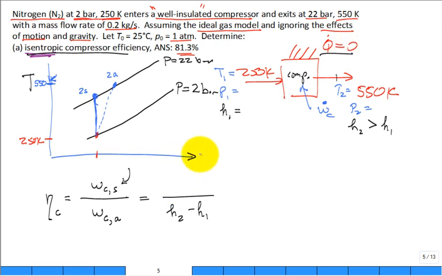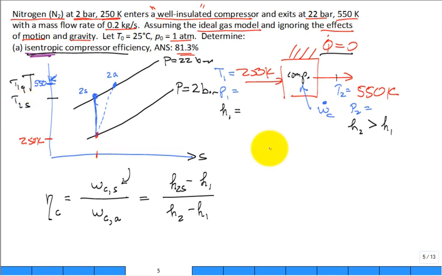Let's put this S over here. This is going to be H what minus H what? 2S. H2S. So what do you mean by H2S? Well, can you tell that this is the temperature 2 actual, this is the temperature 2 isentropic? Which one's lower? The 2S. It's a lower temperature, as if it could have been done isentropically, reversibly, and it would have a lower enthalpy,